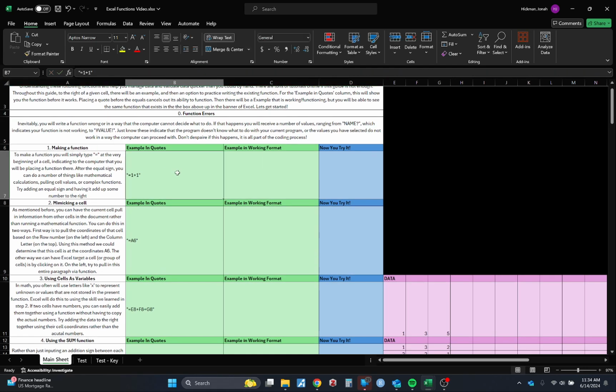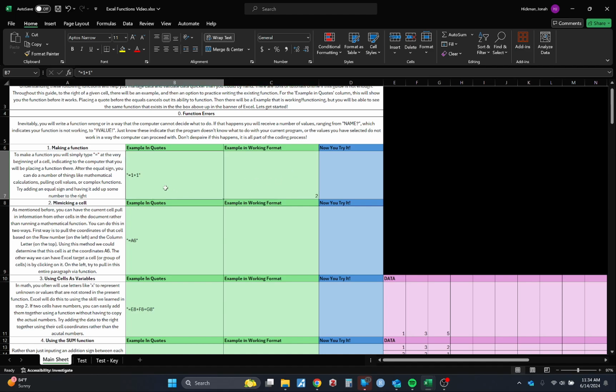But jumping right in, let's talk about how to make a function in Excel. As it states over here, to make a function, you will just use the equals sign, and it has to be the very first thing in a cell, because if you put anything else first, it will not run it as a function. So for instance, if I put an S and then an equals and then do 1 plus 1, that's not going to run because it is thinking it's a general cell with no computation happening. But if I just put the equals first, then all of a sudden it runs the equation,